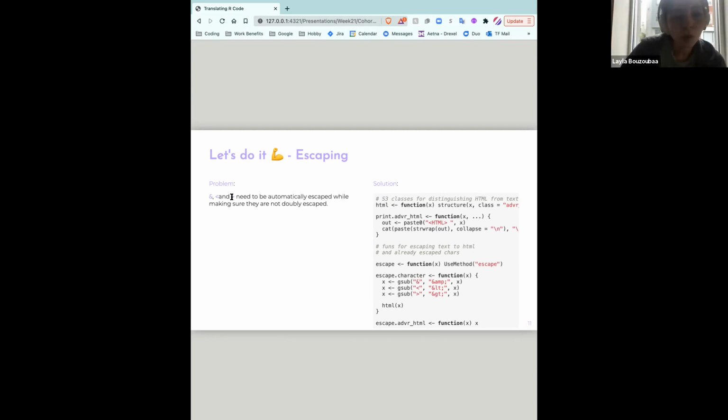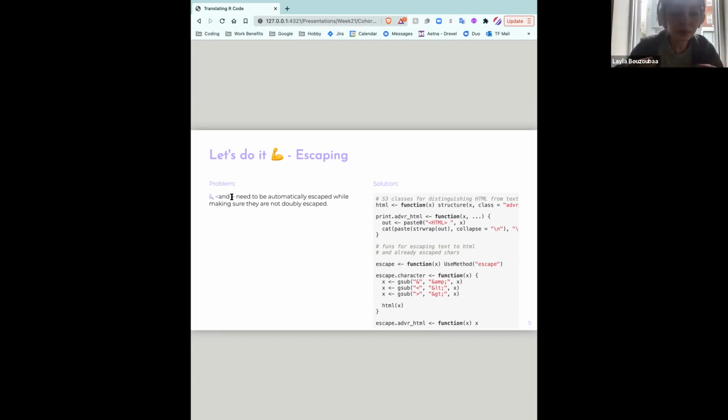When you're writing the DSL and the functions, you need to make sure that they're automatically escaped while making sure that they're not doubly escaped, because you could end up with the ampersand amp semicolon